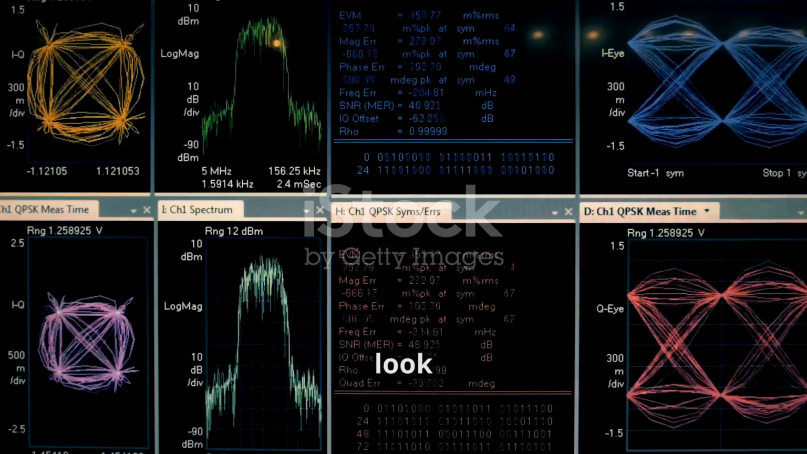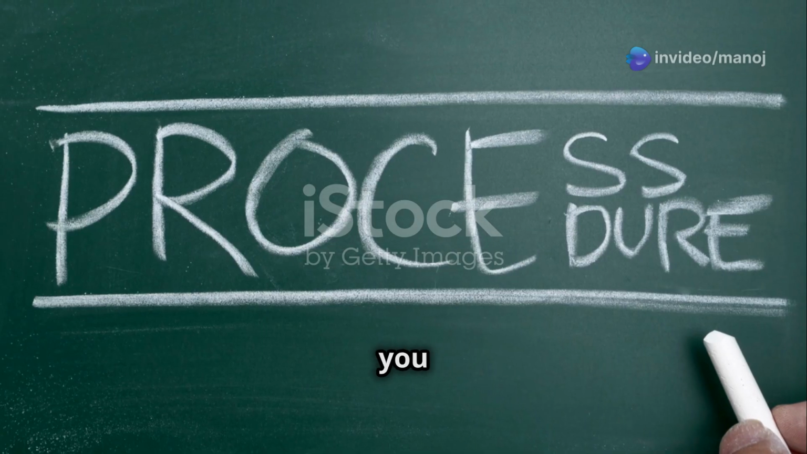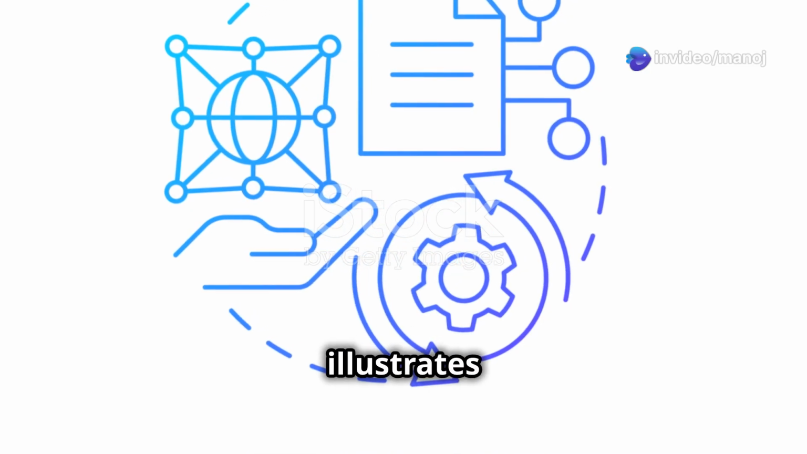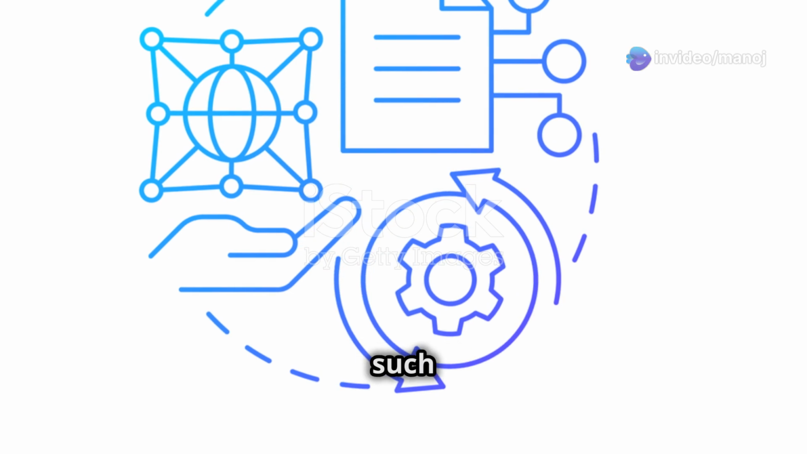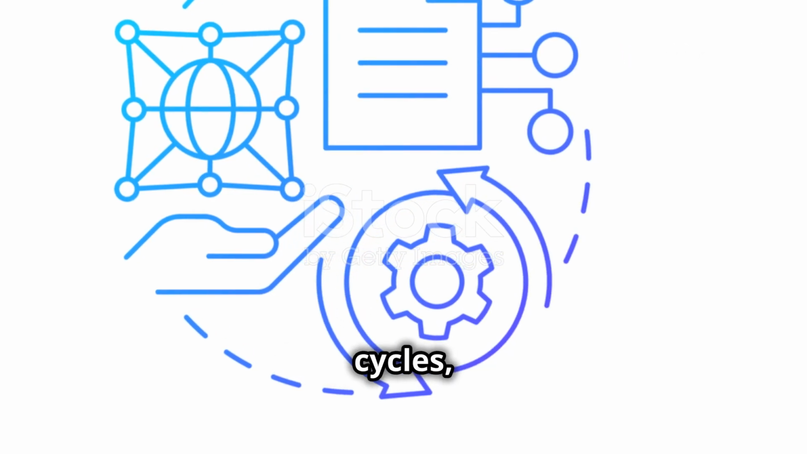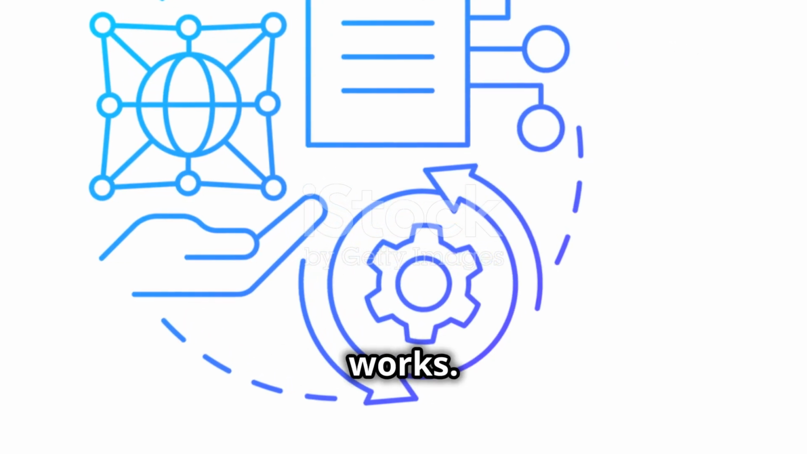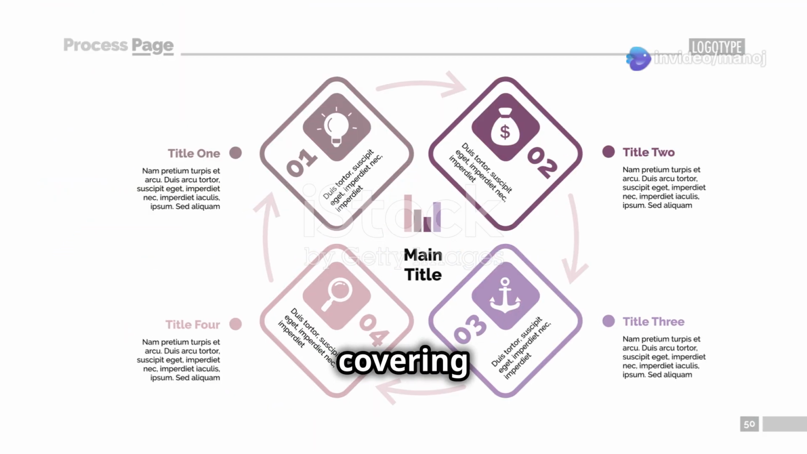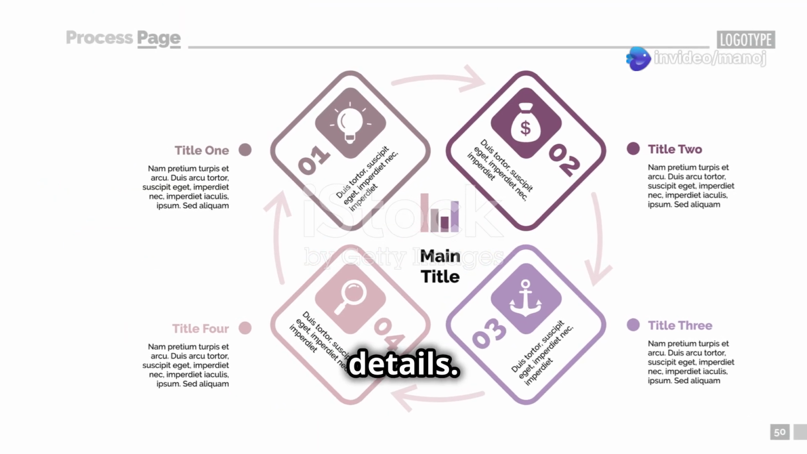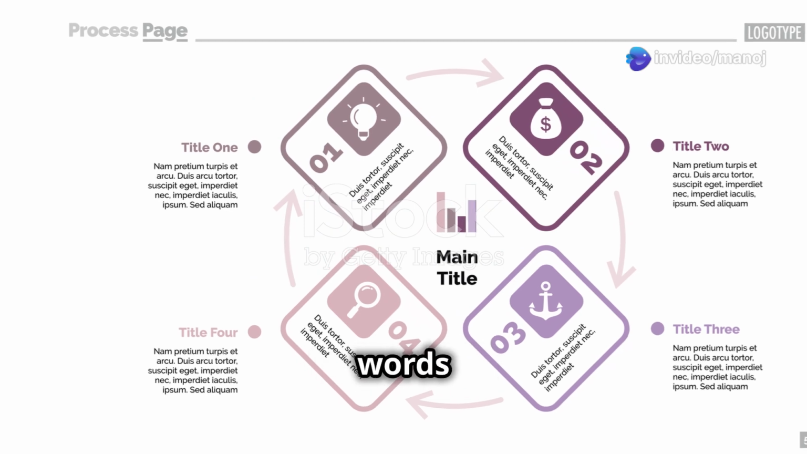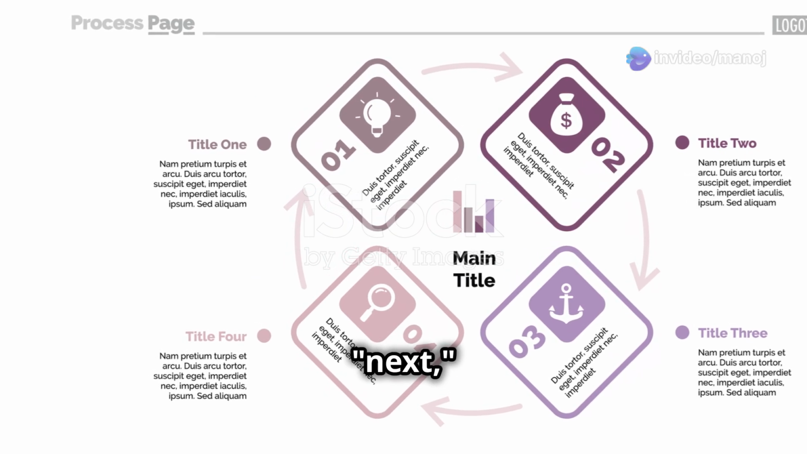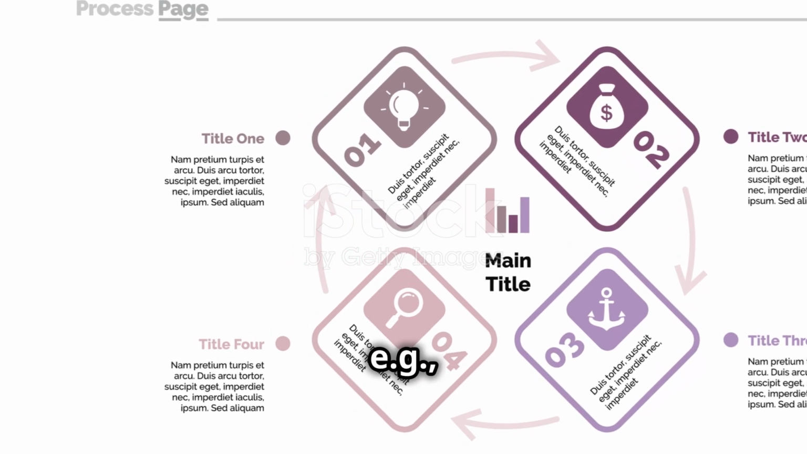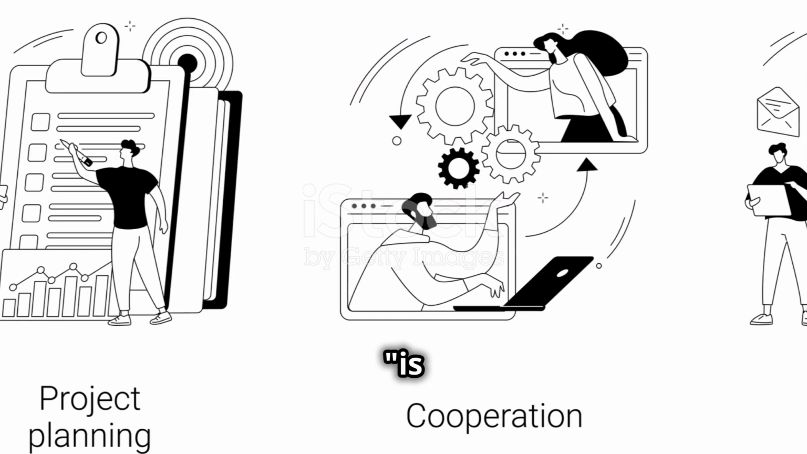Now let's take a quick look at the last chart type, process, which you might encounter on the IELTS. A process diagram illustrates steps or stages in a process, such as manufacturing, natural cycles, or how something works. Your task is to describe the process logically, covering all stages without skipping details. Focus on using sequencing words, for example, first, next, then, finally, and passive voice, for example, is heated, is processed,